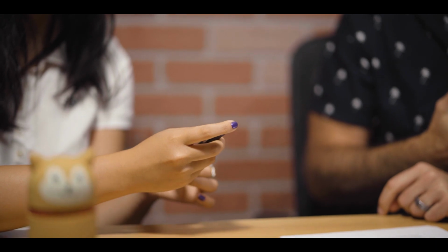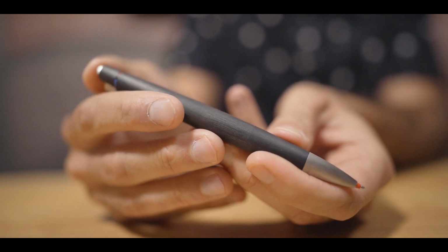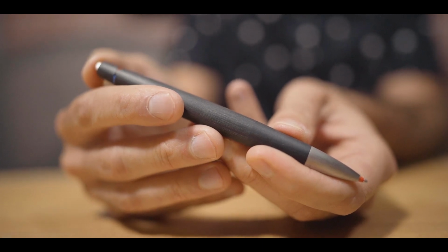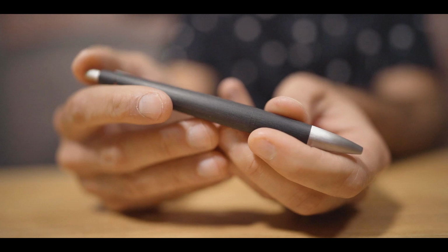So this is one of the coolest and highest end multi-pens that we have, because it is based off of the Lamy 2000 fountain pen, which is one of the most awesome pens of all time. Basically, the design came out of the 60s and still is an awesome pen design today. So this 4-color pen really gives you that nice space age sort of feel and that luxury feel of a Lamy 2000, but gives you the innards of a multi ballpoint pen. So it's a really nice upscale luxury type version, but it's really not all that expensive,